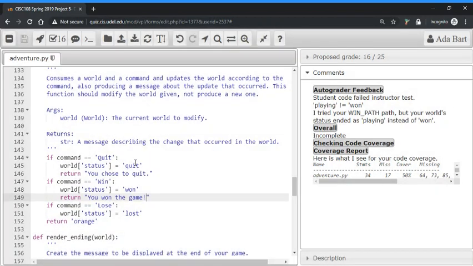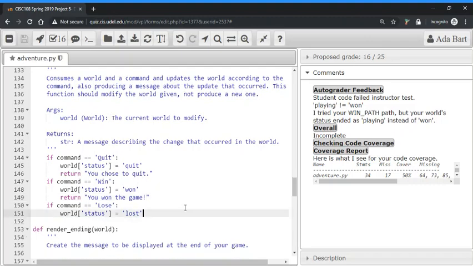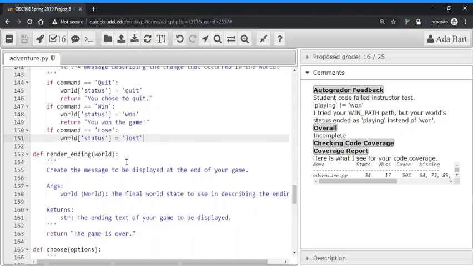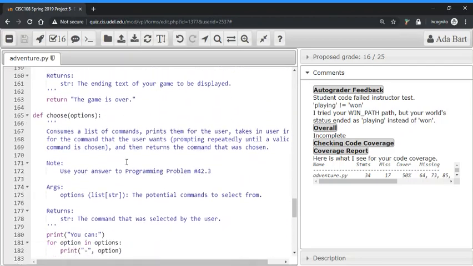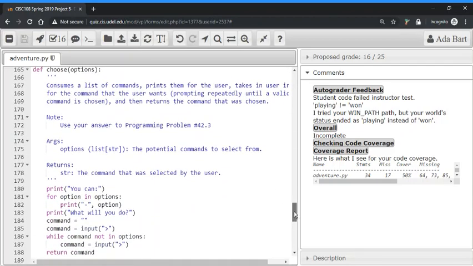I'm going to intentionally make a mistake here and forget to give a return for the lose path. I'm going to even delete the original return that I had there, so we can get to see what the feedback looks like. If we run the game at this point in time,